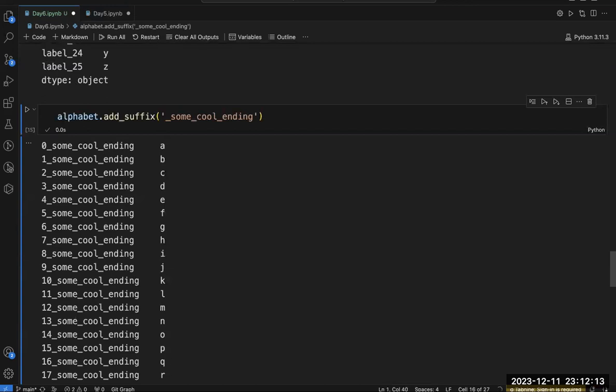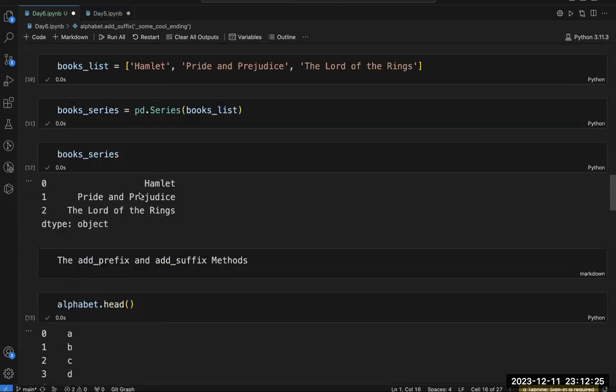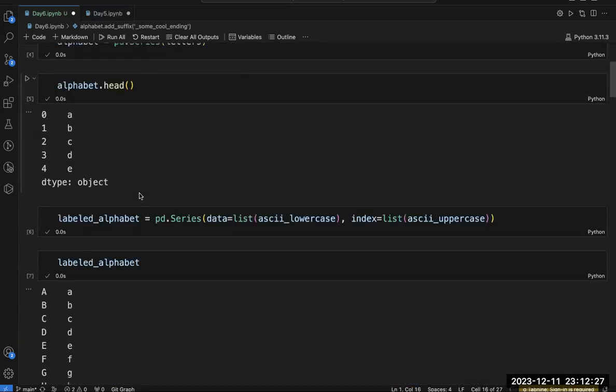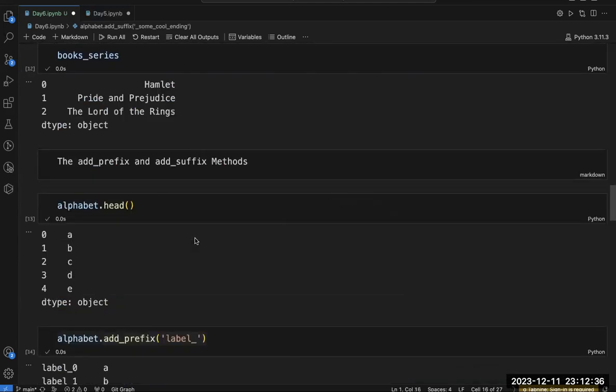Now, one thing is very important that I want to say. I have used this alphabet, which is my series, which I have accessed here and written before it. This is my series, alphabet, pd.series letters.